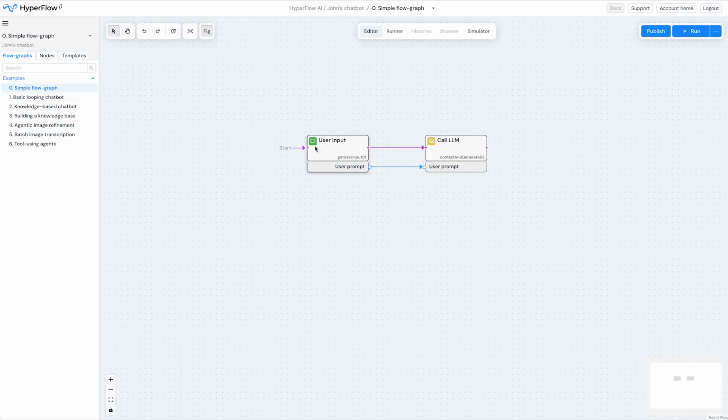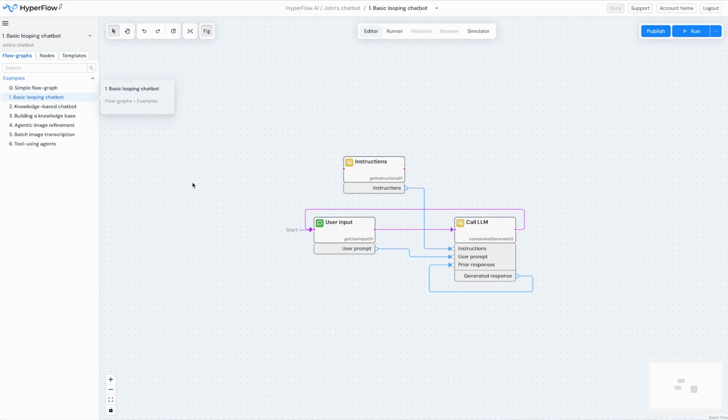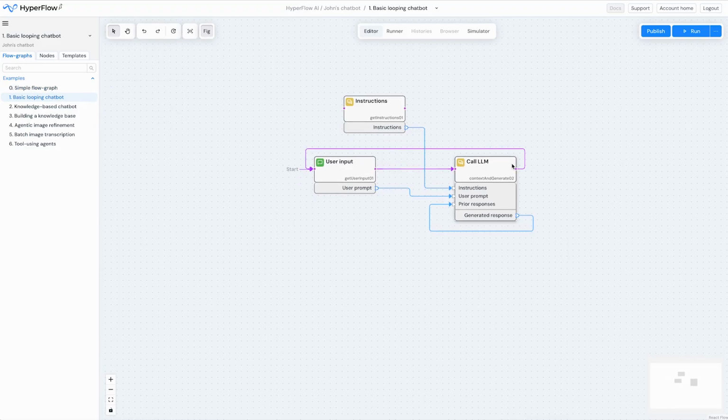An obvious improvement on that would be a looping chatbot. That's exactly what this is, where we've taken the step following this LLM call back around here. And so we've got a looping chatbot. We generated a loop, as you can see here. So this will simulate the kind of looping chatbot that you have with things like ChatGPT and Gemini, the classic